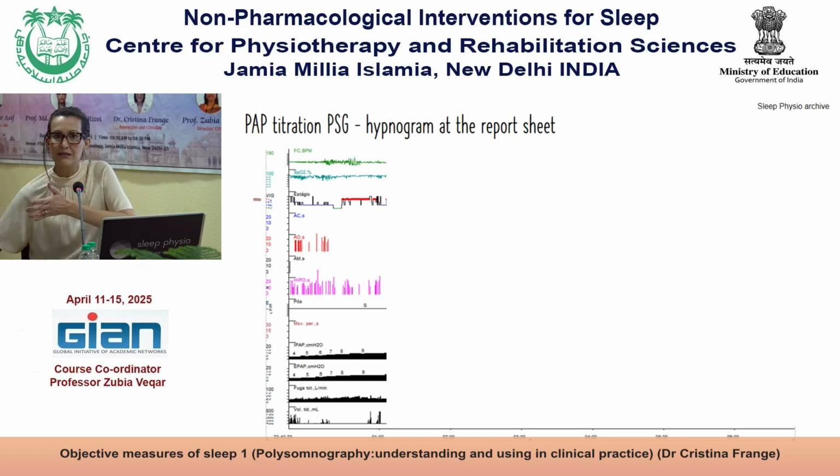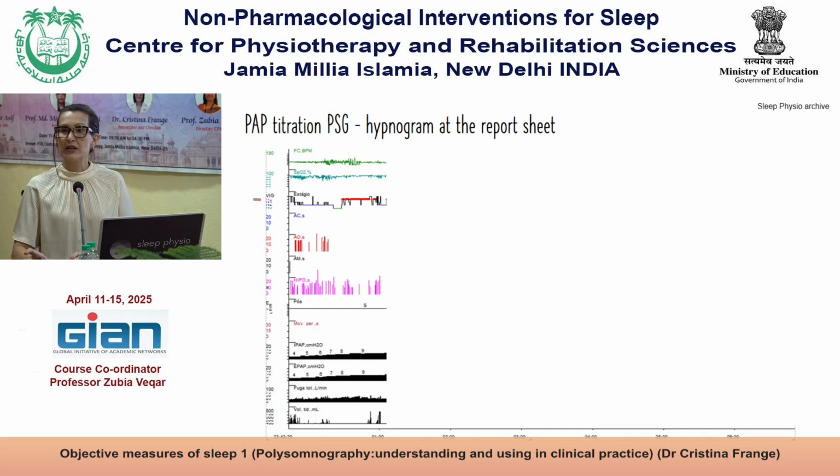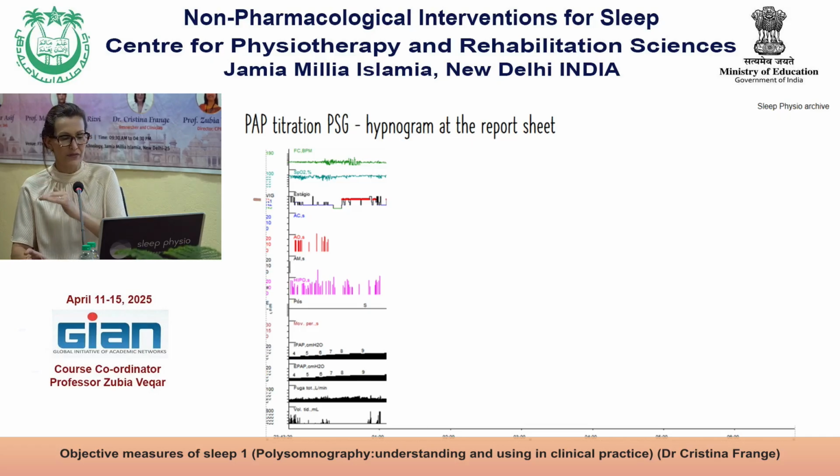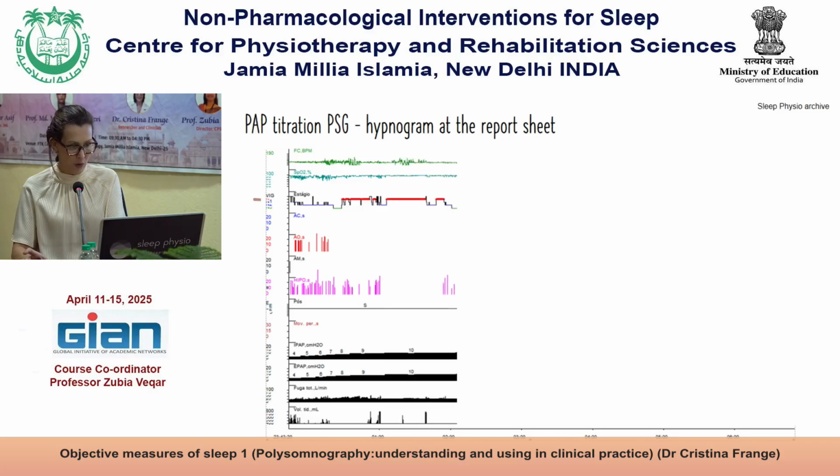The patient deepens the sleep. The desaturation starts to be okay again, and the heart rate takes some time, but it starts to be in a flattening curve. So the pressure was increased to 10 centimeters of water, and we see again,